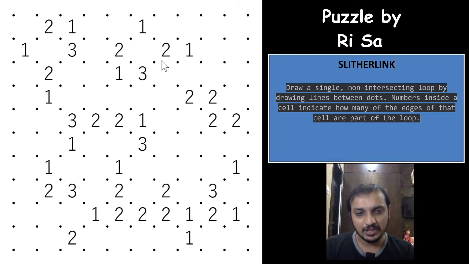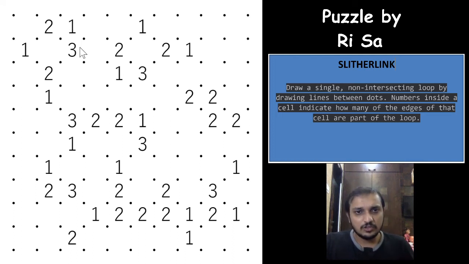So the first thing that you have to look out for is patterns, usually including threes. Usually in a Slitherlink puzzle, 3 is the most important clue, right? There are many puzzles without a 3 as well. At that point of time you will have to look for some different kinds of patterns. But if you have a 3 here, usually you have to look out for the patterns that are connected with the 3.